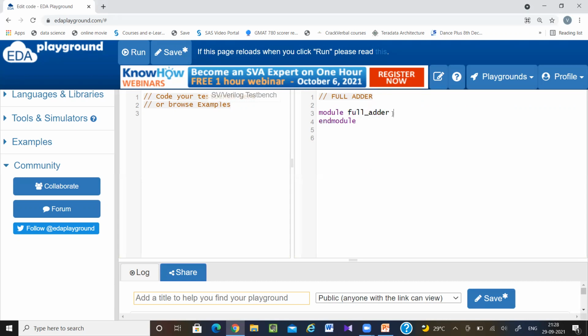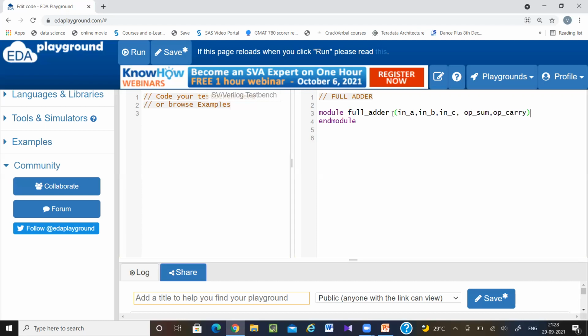After that, you have to write the port list. In a full adder, we have a total of 5 ports: 3 inputs A, B, C, and 2 outputs, sum and carry. So instead of A, I'll be writing input in A, input in B, input in C, output sum, output carry.